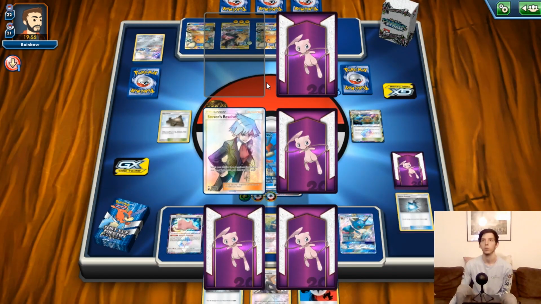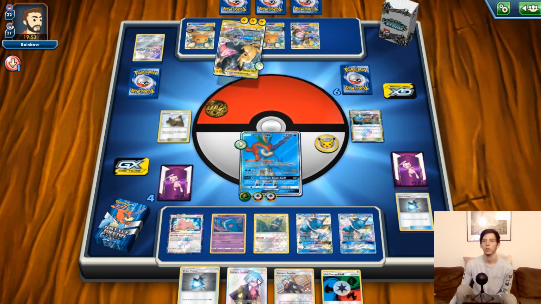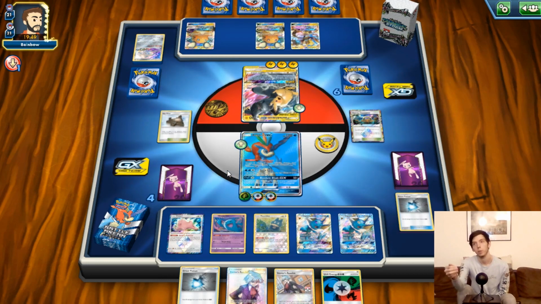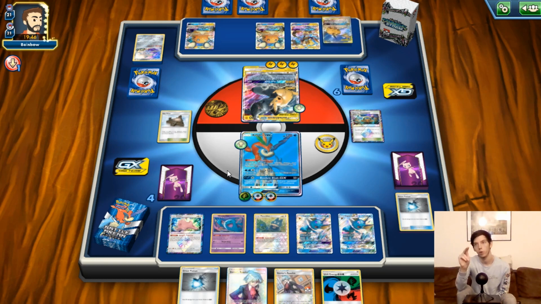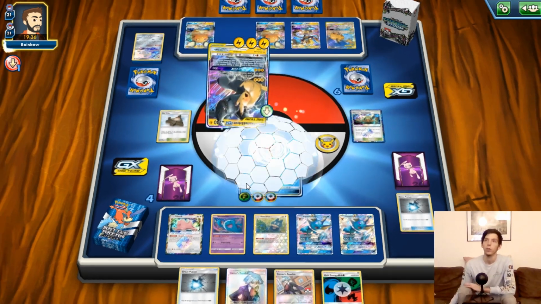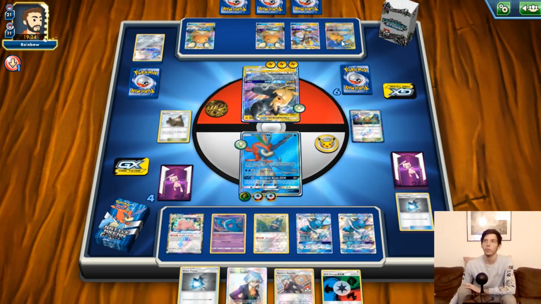My thought process was he may be able to... Oh, we get the next Steven's Resolve off the prize, that's cool too. My thought process was he powers up Tag Bolt, knocks out the 1 Vaporeon and the Eevee, and then he needs to Custom Catcher and knock out another GX to win. But we haven't really given him that option, so...